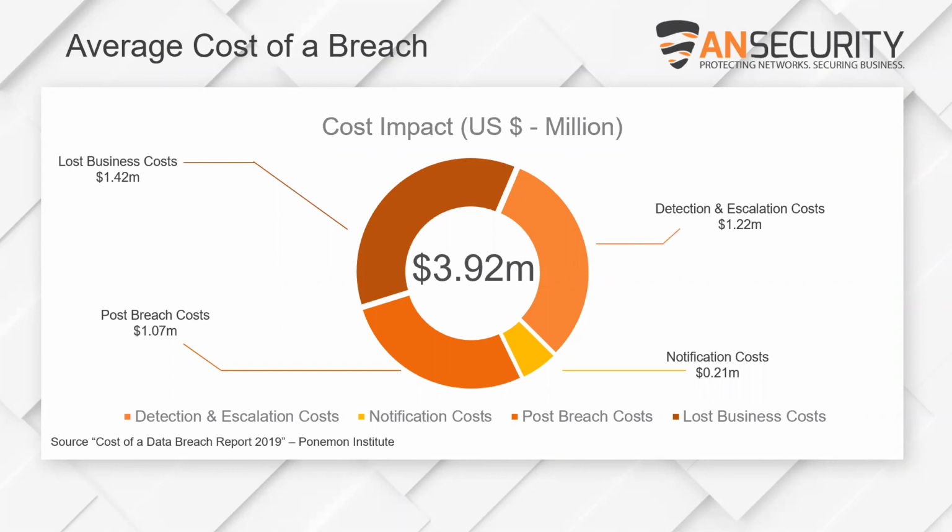The second is the notification cost. So this is basically the cost of letting people know that their data has been compromised. The third is post-breach response costs. So if you think about what's going on with EasyJet employees right now, making sure that they are doing all the right things to redress the situation and repair what's going on, there are significant costs being incurred there. But the one that really makes people sit up,